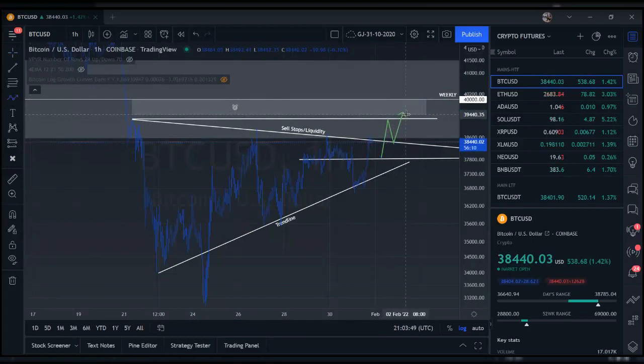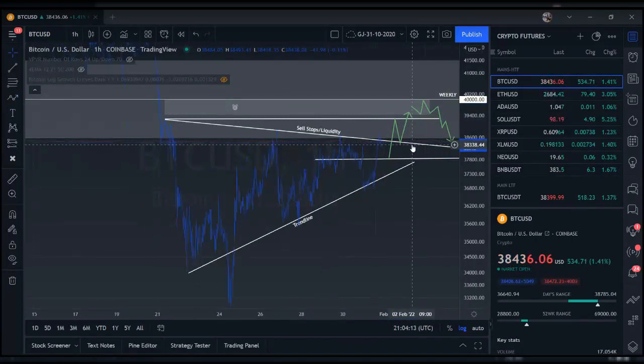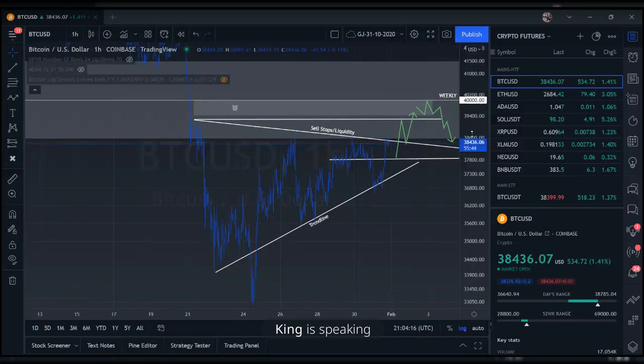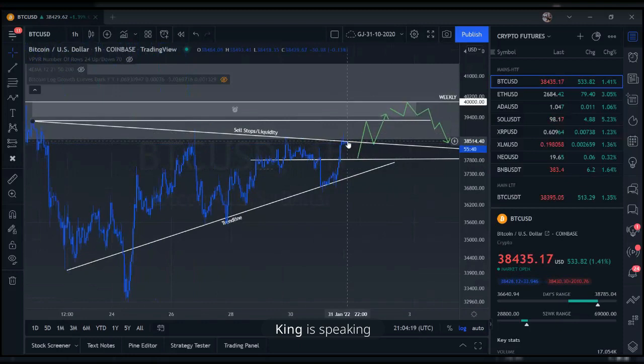So something along the lines of ranging around here, displaying some level of weakness, maybe losing this level, this resistance level where the highs are, and confirming as resistance before selling. But 40k anyway, I'll be averaging into my trades. I think I've got my stop loss